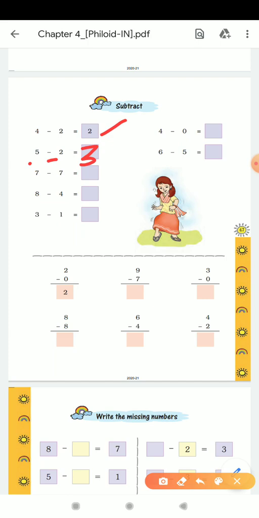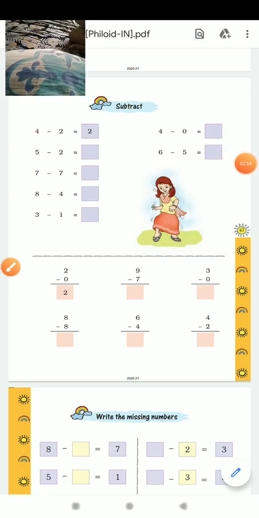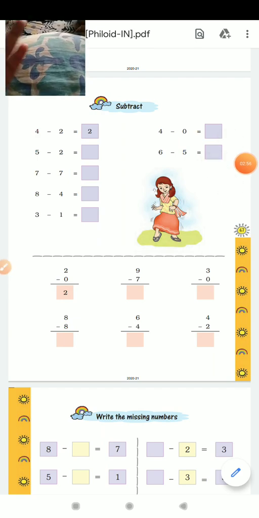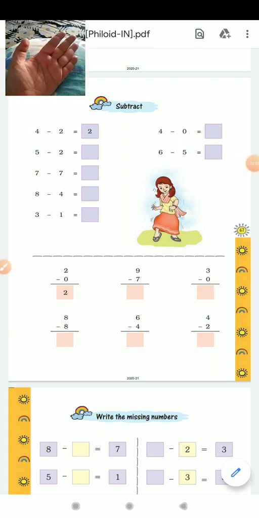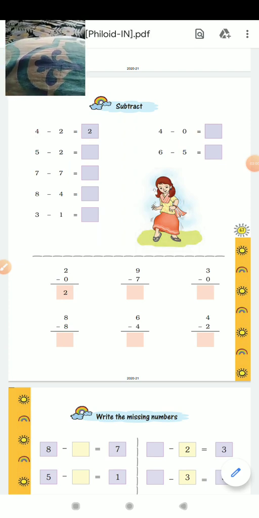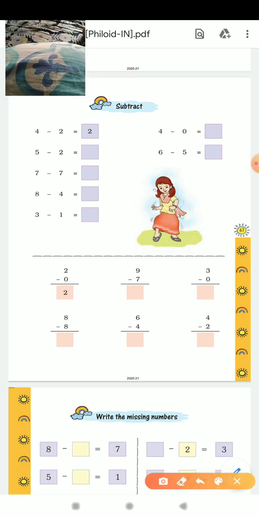Today I will tell you how to count or subtract numbers on your fingers, as you have done already with addition. It is very easy to add numbers on your fingers. Now today is the turn of subtraction. Let's start. Children, you can see my fingers here. So let's start. Here we have our sum, that is 5 minus 2.